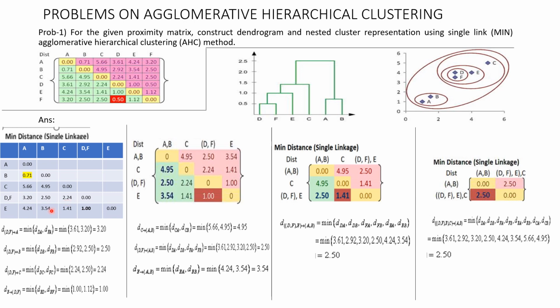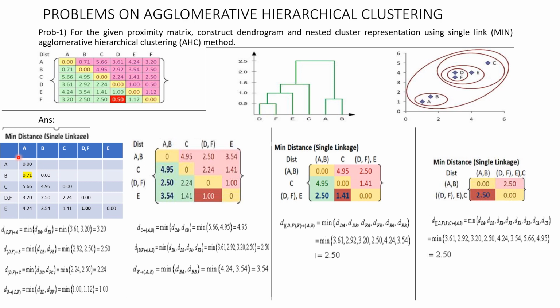So your job is done. Other distances are the same because they have not been merged. So don't worry about the other distances. You just go on calculating the distance of the merged cluster. Fine. Now what you do is again repeat the same process. Which is the minimum among this?